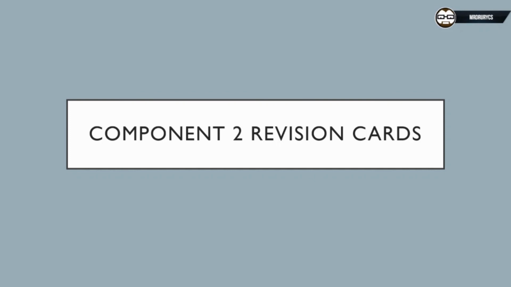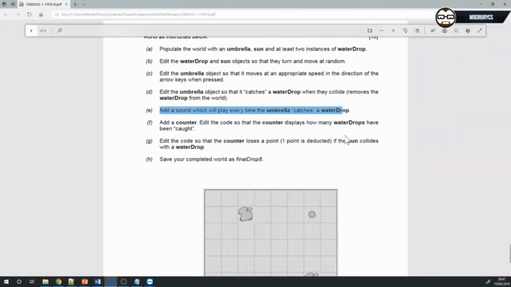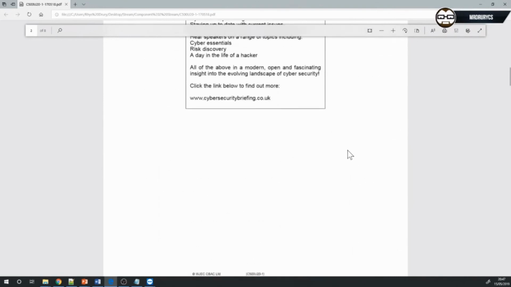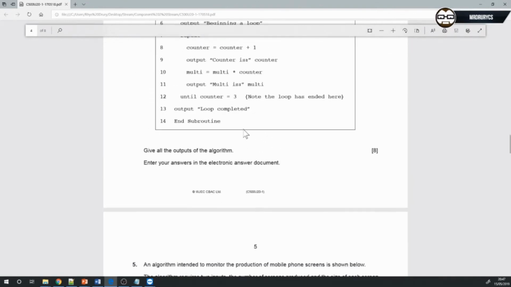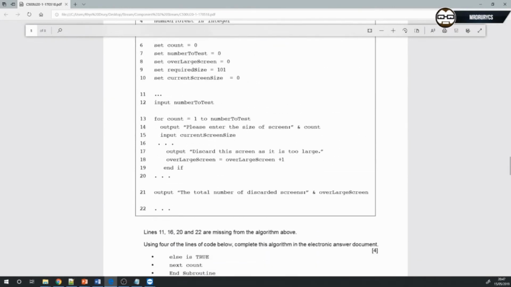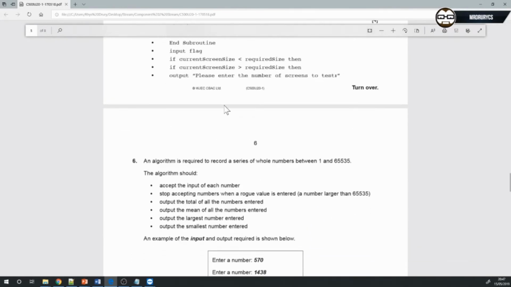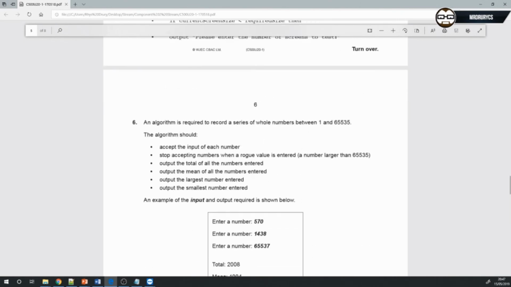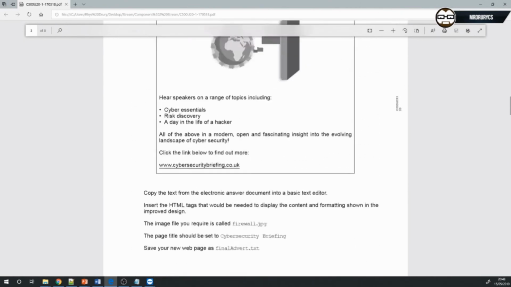You've said algorithms, but what about algorithms? I mean, I can't just go through every single algorithm that's going to happen. You're either going to get a fill in the gaps, like in the paper. So you're only going to get, tell me what the outputs are, possibly. You might get fill in the gaps, or you might have to make your own algorithm. Now, assembly language,